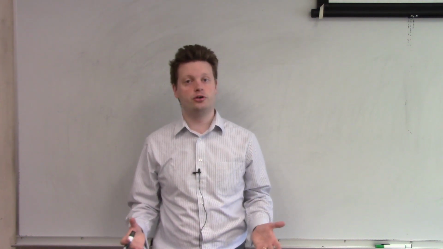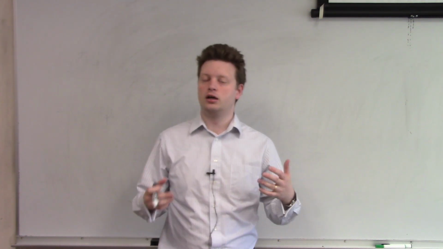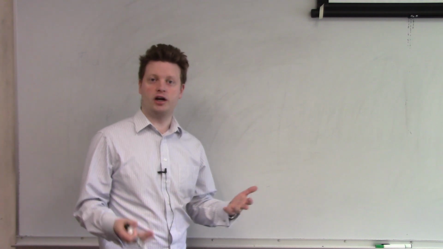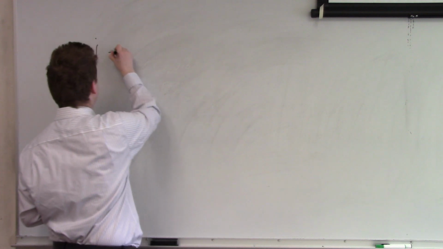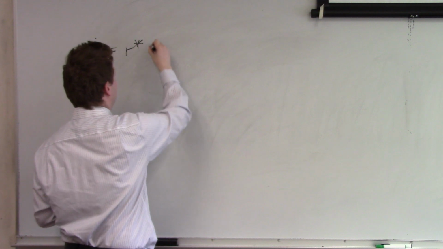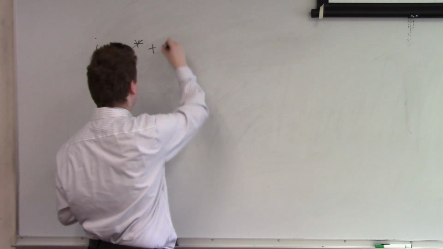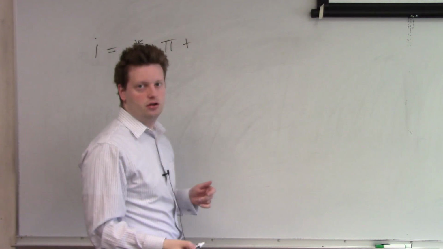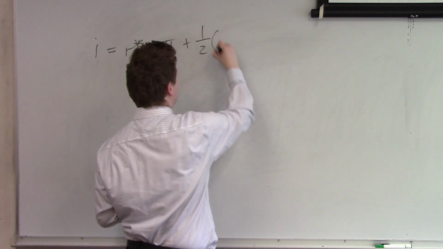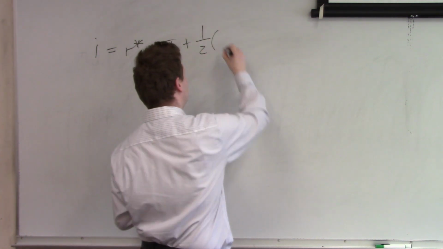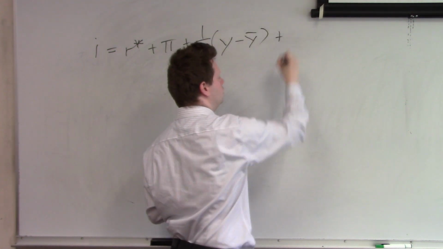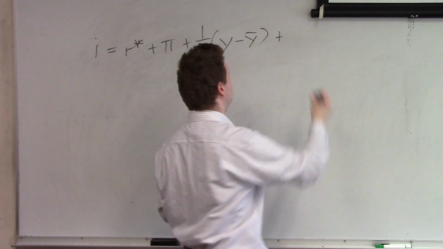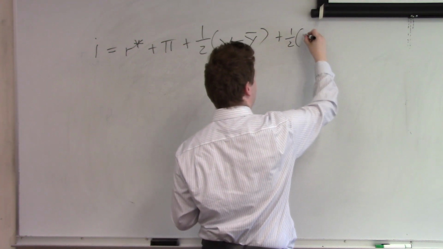In this video, I will show you how you can apply the Taylor rule. Let's start by stating the Taylor rule and writing it down. So we have the nominal interest rate set by the Fed is equal to some real interest rate target, R star, plus the current inflation pi, plus 1/2 times the output gap in percent, typically written as y minus y bar, plus 1/2 times the inflation gap, which means current inflation minus